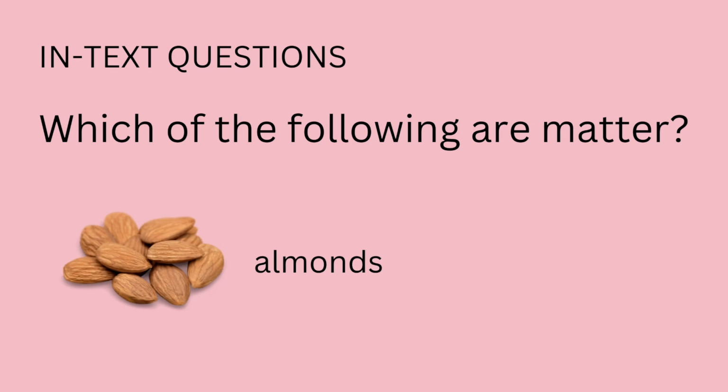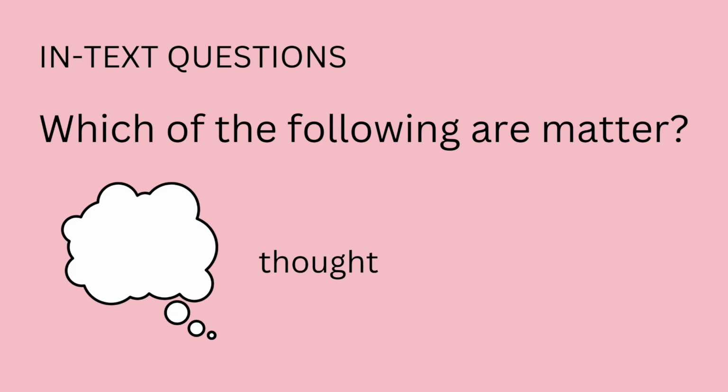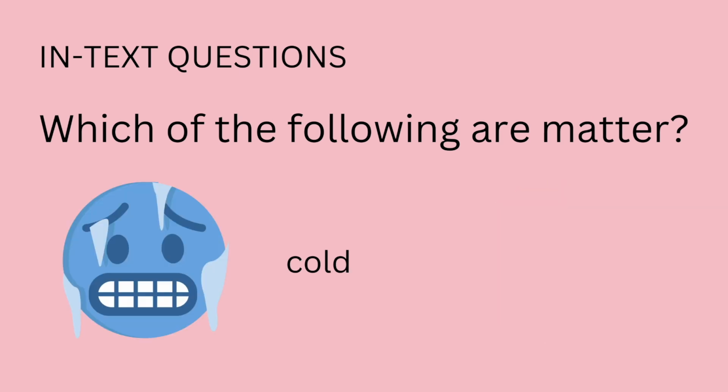The next thing is almonds. Almonds have volume, obviously, and almond has mass as well, so it is matter. And the next thing is thought. Again, these questions are absurd, and you would mostly get the hang of it from the theory that we have already seen. If not, at least from the first three examples, you would have gotten the hang of it. Anyways, we'll go through it. Thought is obviously not matter. Thought doesn't occupy space, it doesn't have any mass, so it's not matter.